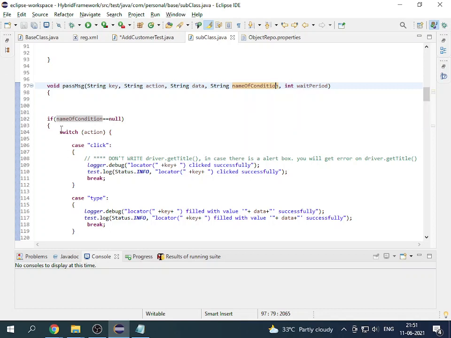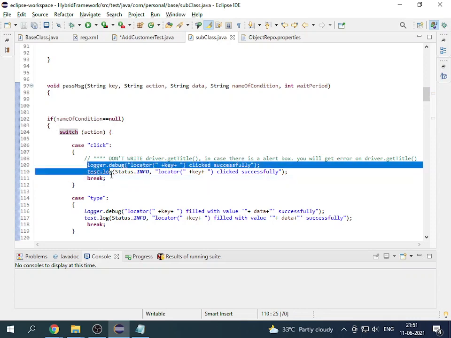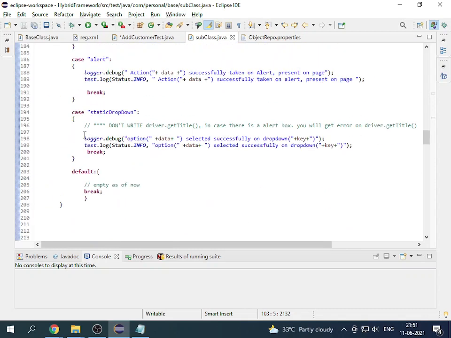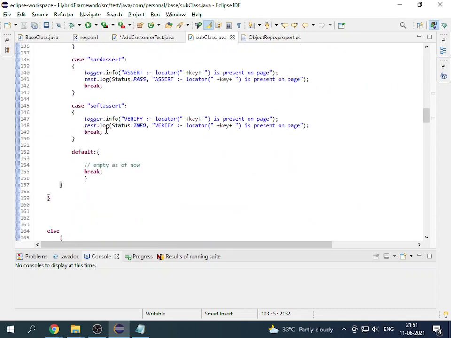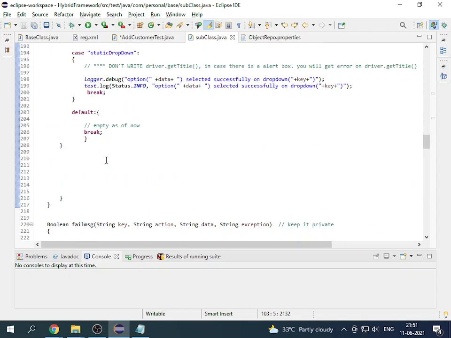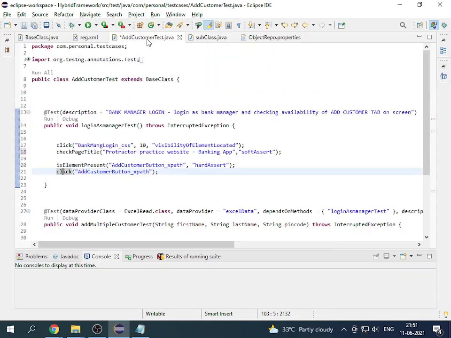Name condition is null, obviously. Then we will come over here, case is click, then we are going to execute these statements. In case not, it is going to print this message.